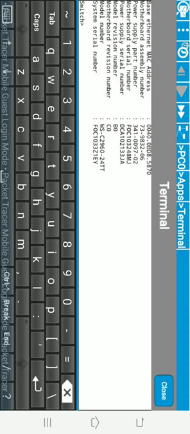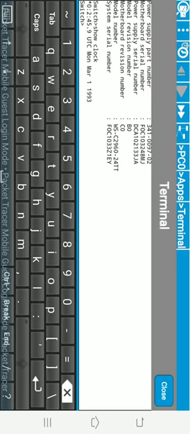Now we can observe the clock by using the command show clock. Okay, press enter.